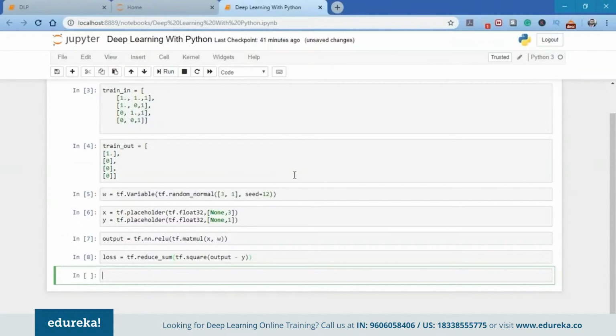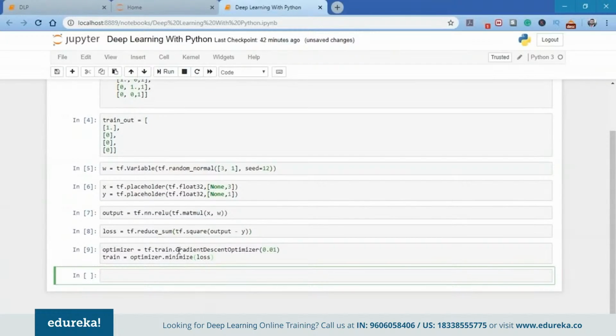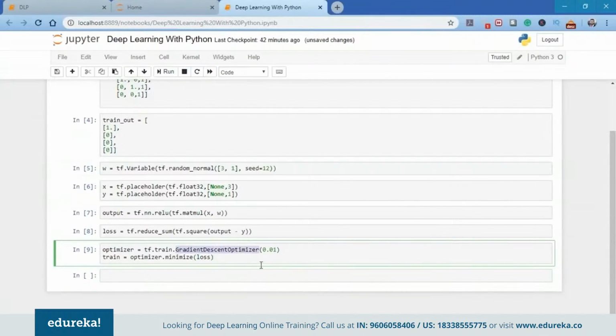So guys, if you want to know more about the gradient descent optimizer and how exactly a neural network works, go check out the gradient descent video posted by Edureka, the link to which I'll share in the description box below. In case you want to know the exact mathematics of how the gradient descent works, and what exactly is the purpose of a perceptron when we are talking about minimizing the error, you can check out that video. As you can see here, I have used the gradient descent optimizer.